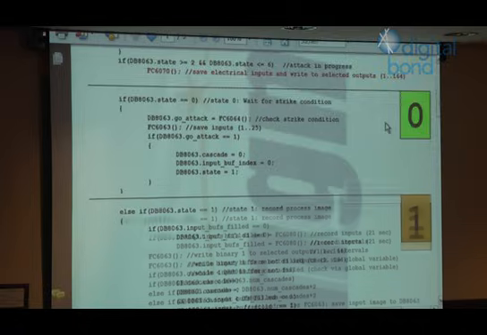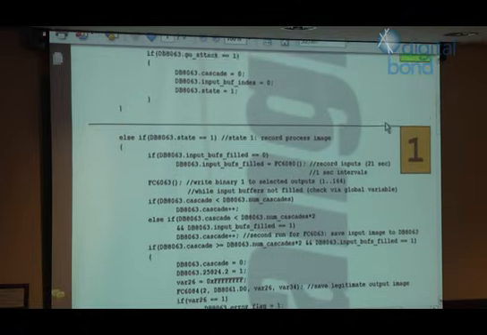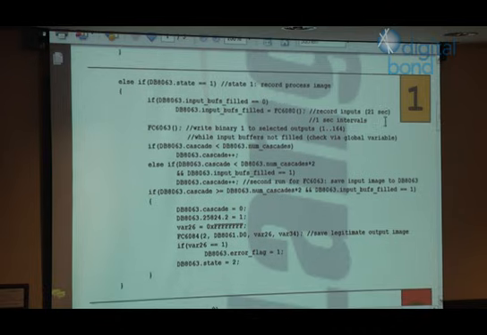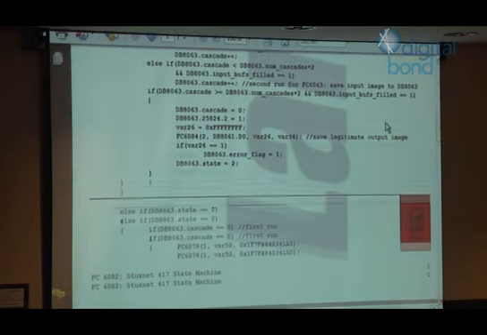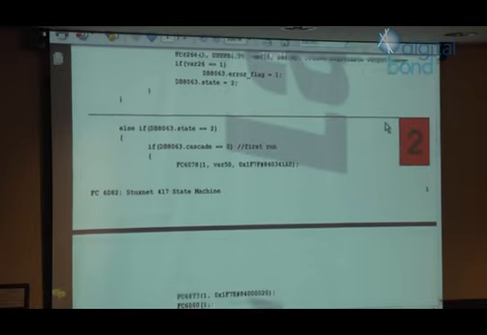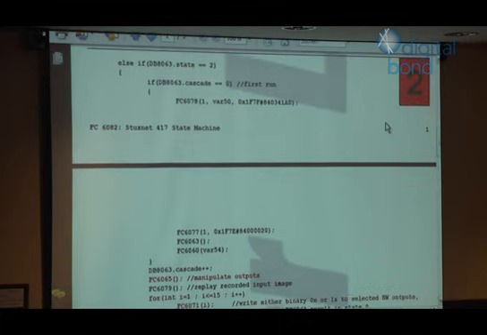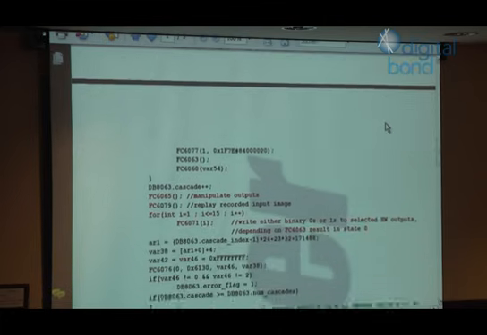Then in the next state, they are recording the process image for 21 seconds. And this information is later used to fake the input process image for the legitimate control logic. Then they move to the real attack where they are manipulating the outputs. And this is stage 2 to 6. And the important thing here is, if you look very closely,